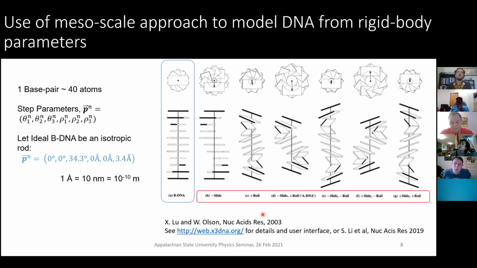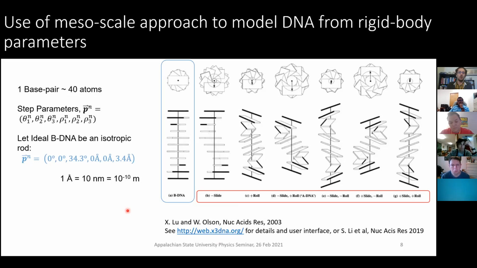And if you're ever interested in taking a look at more detailed information about how you can construct models of DNA, and maybe go into looking at A forms or C forms or the really weird Z form DNA, you can visit our website at web.x3dna.org, which is a wonderful web browser interface that allows you to create structures, learn tutorials, and see how they're connected with what we can study in terms of viral DNA, which is very popular with COVID-19 studies, as well as RNA structures, which is an entirely different, crazy direction to go into. So you're welcome to check it out. And that's something that we in our lab have developed and continue to work on as well.